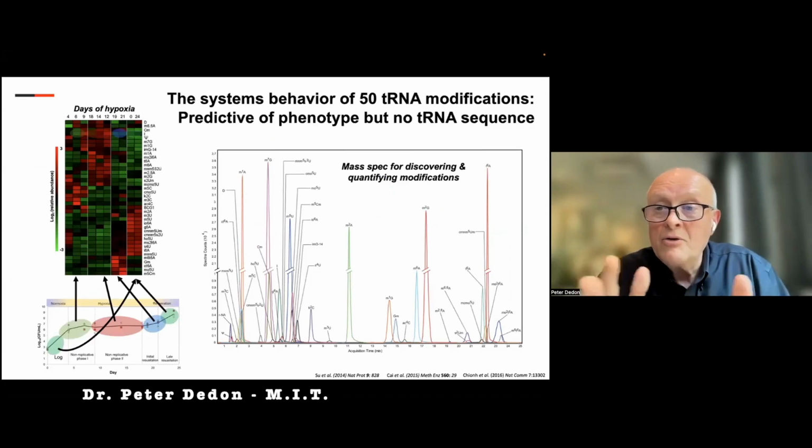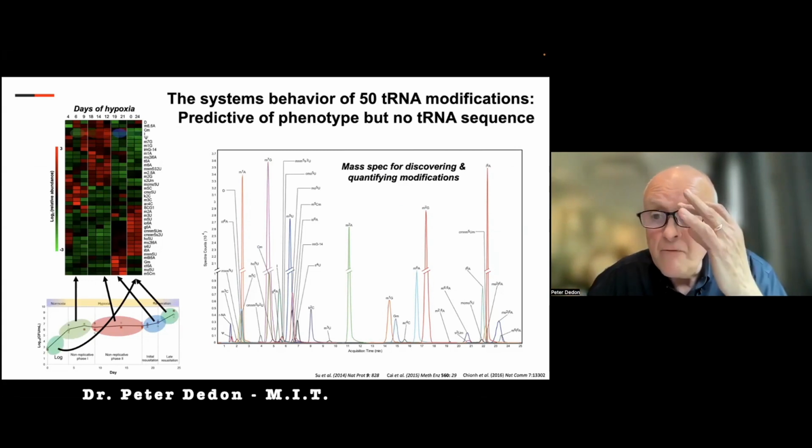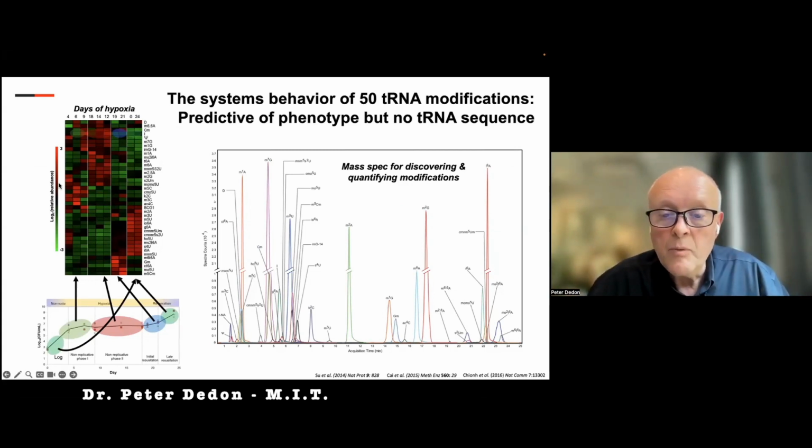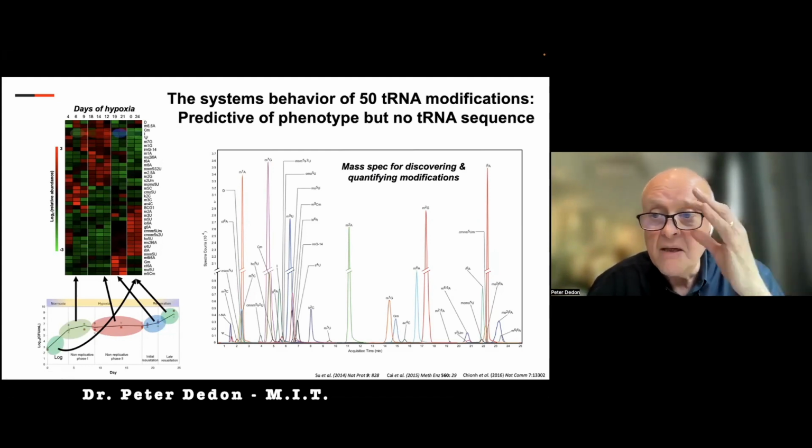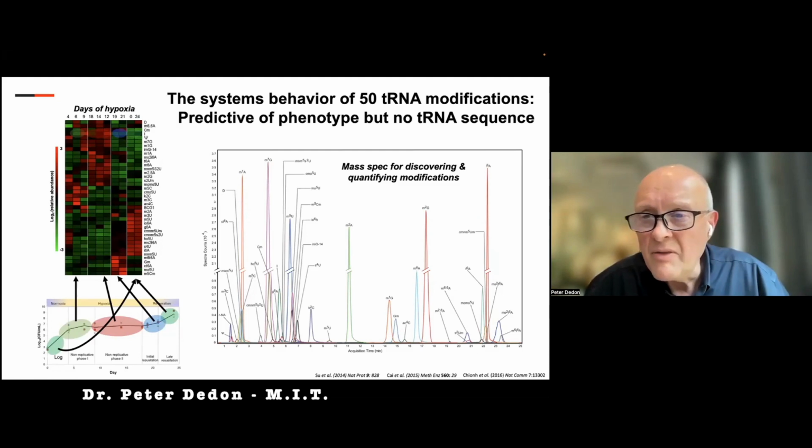Now, in terms of LCMS analysis of individual modifications, that's pretty straightforward to do. A lot of people are doing that. Here in this example, we can measure all the modifications in mycobacteria in one squirt. The patterns that you get in terms of relative changes are about 90% predictive of the phenotype. The heat map on the left shows these patterns that are very predictive of the time after hypoxia, but there's